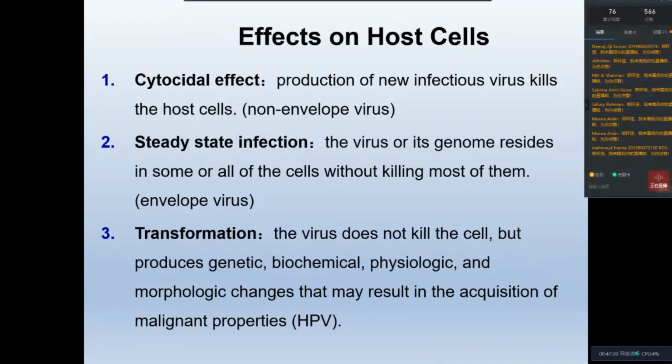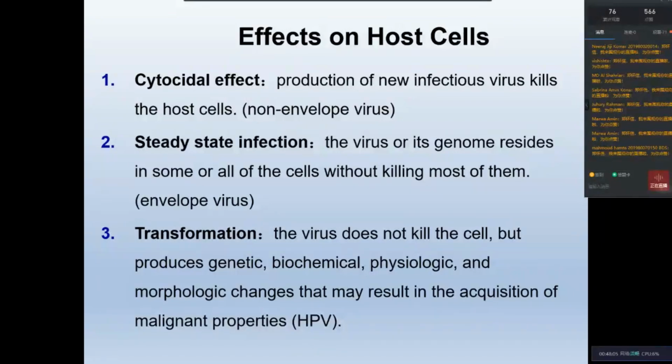You know, we learned transformation before. That is, you change the behavior, you transform one type of the cell to another. You change the behavior of the cell. So that happens during some viral infection. The virus enters the host cell and changes something in a cell so that the cell won't die. So it converts a normal cell into a cancer cell. This is transformation. For example, during the HPV infection, it can cause cancer.